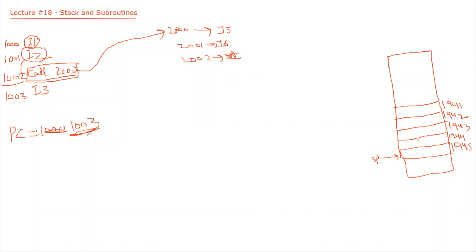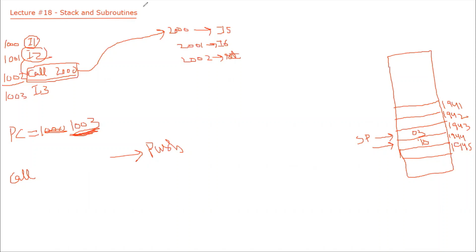This value, as I said, when a call instruction is executed, the program counter is stored on stack. So this will be stored on stack. So it is equivalent to doing a push of these 2 bytes, 1003. Okay. So as I said, what is happening in push? In push, we increment the stack pointer. How many times? 2 times. So the first increment will be here, and here we will store 10. The next increment will be here, and here we will store 03. Okay. So our stack pointer is currently here.